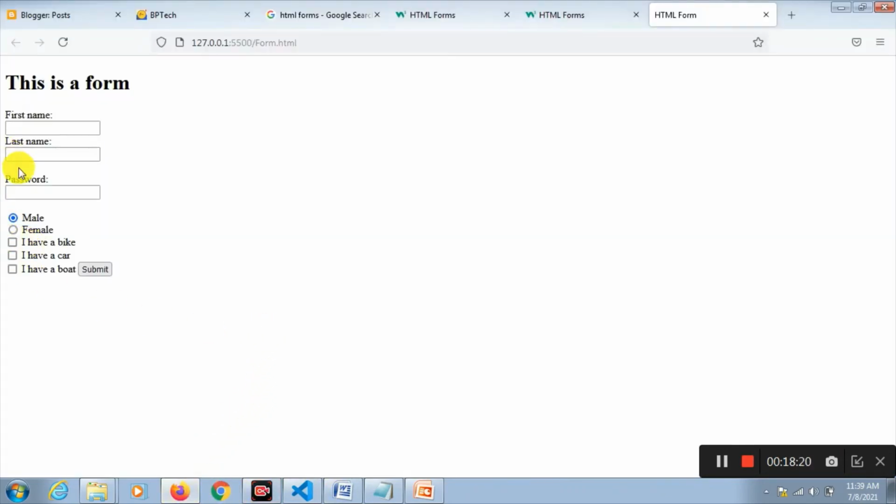And we can see here we have these two checkboxes which can be selected.